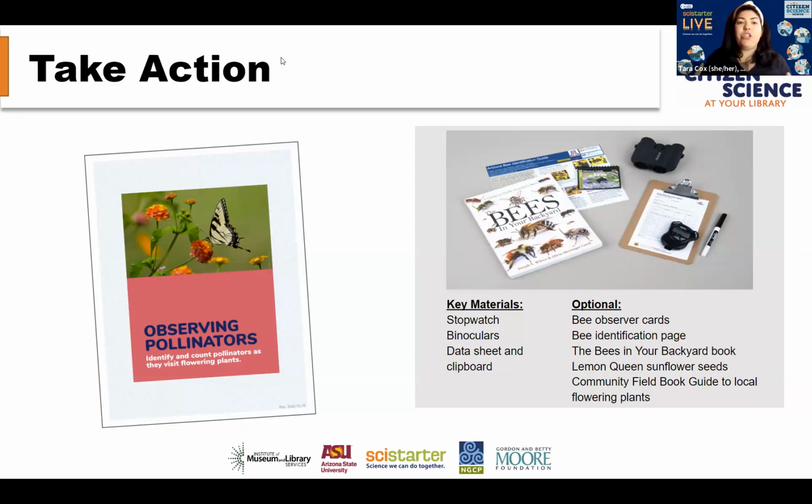Citizen science is not your average STEM programming. You're actually contributing data to scientists. So we want to make sure that we are building those scientific skills, the process of science, observation, analysis, experimentation, as well as doing some fun STEM programming as well. Any questions about